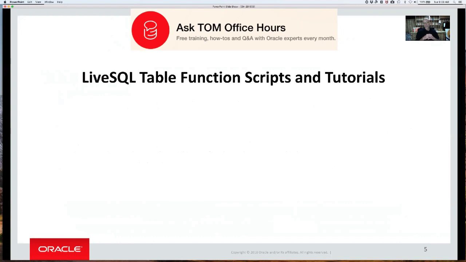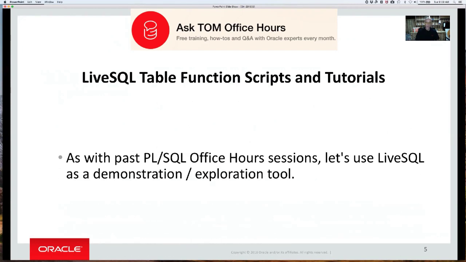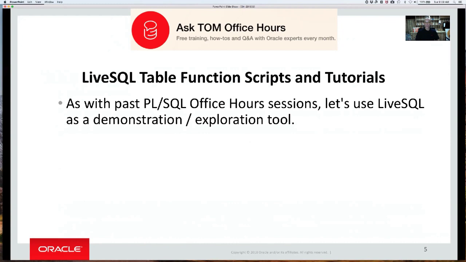Now, I could bring up SQL Developer, show you a lot of different files, run a bunch of scripts, then you want to know where are those scripts, how do I do this stuff myself? You can use LiveSQL, livesql.oracle.com, and I'll go to that website in just a second. I should have put the URL here, livesql.oracle.com. It provides a really great way for me to share what I've learned about PL SQL and table